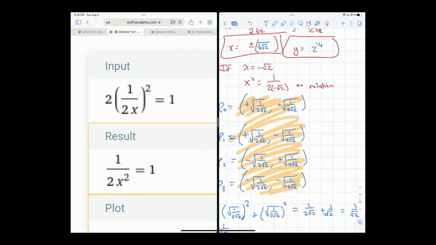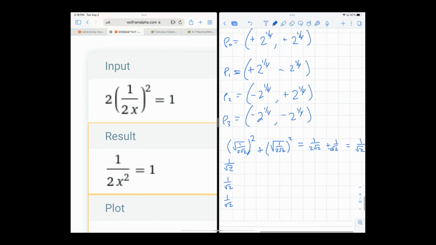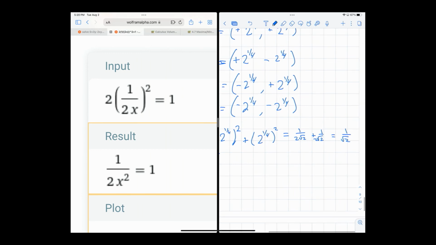So these values here, pluses and minuses, they should have all been just 2 to the 1/4, 2 to the 1/4, and so on. So then when you put these in here, 2 to the 1/4, 2 to the 1/4, you should just get,